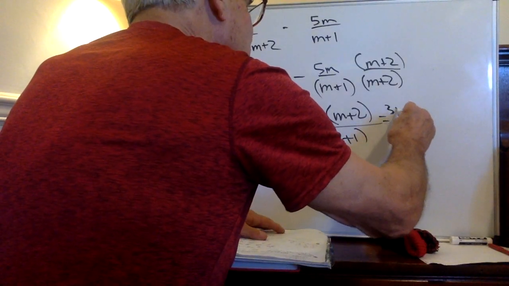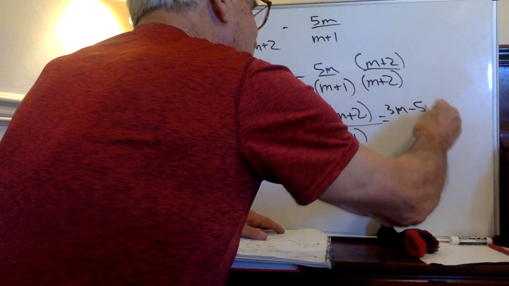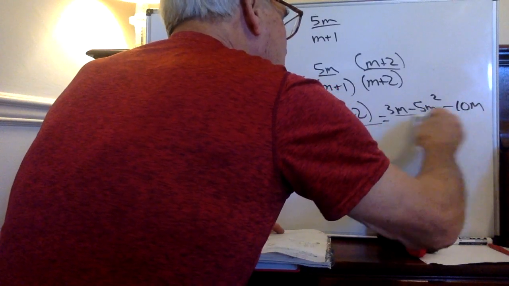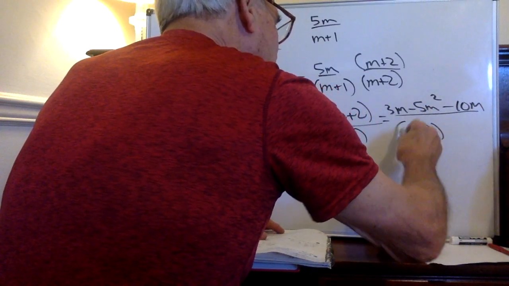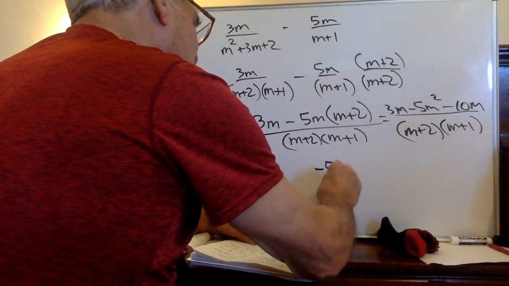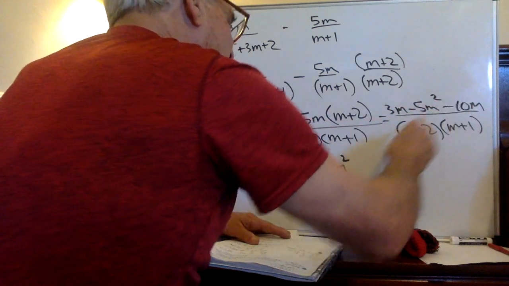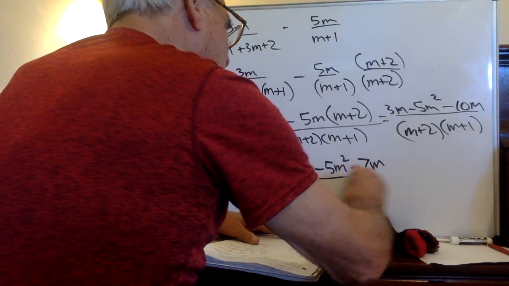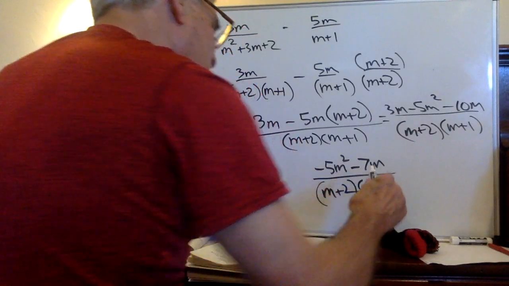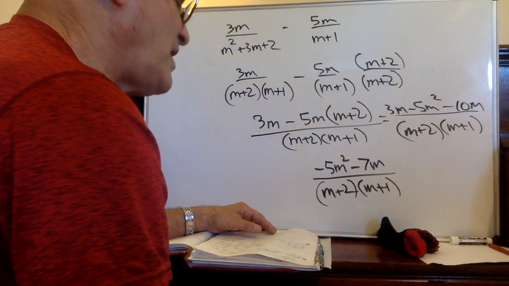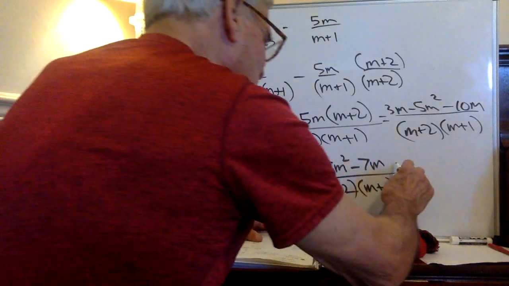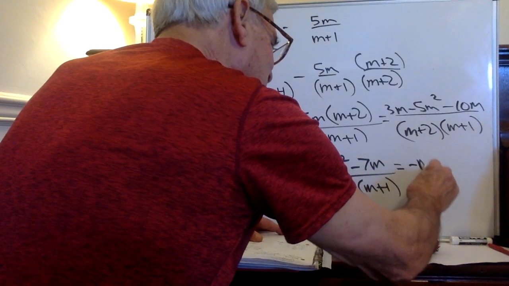And this becomes 3m minus 5m squared minus 10m all over that common denominator m plus 2 times m plus 1. My numerator becomes negative 5m squared, 3m minus 10m is minus 7m, all over m plus 2, m plus 1, and you're not going to have any common factors. The only other thing you could do is factor the numerator. You could leave it like this, or you could write this as, I would take out a negative m,